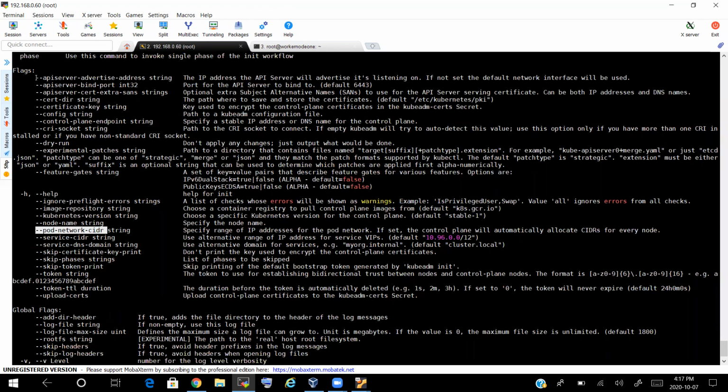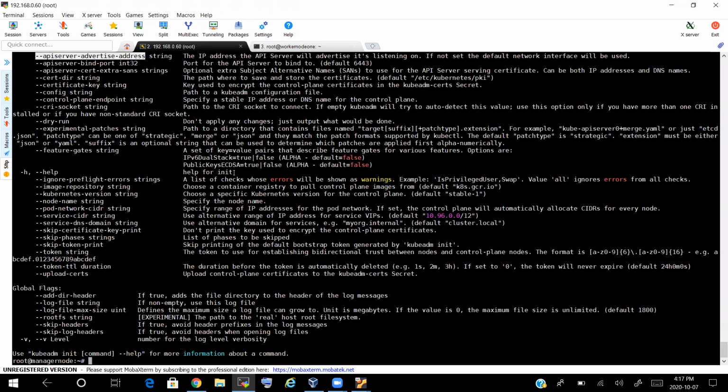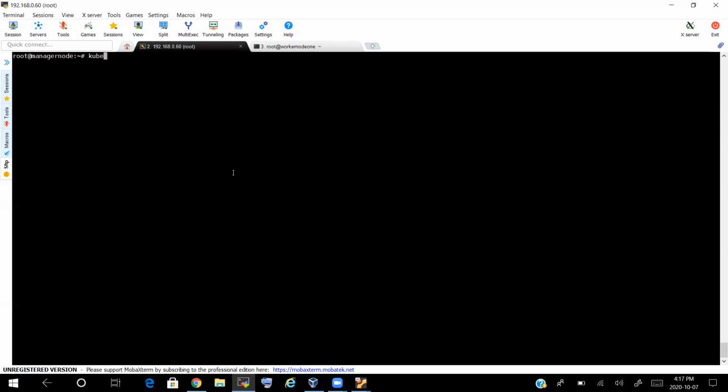Okay. So let me copy this one. What is the purpose of this? Let me explain. So kubeadm init, paste it. Here I'm telling my Kubernetes cluster to please use this IP address for the API server to interact, so that my worker nodes, manager nodes, everybody, the components will try to interact using this particular IP address, and that particular IP address should be reachable. Okay. Obviously, I'll be using the manager node IP address.